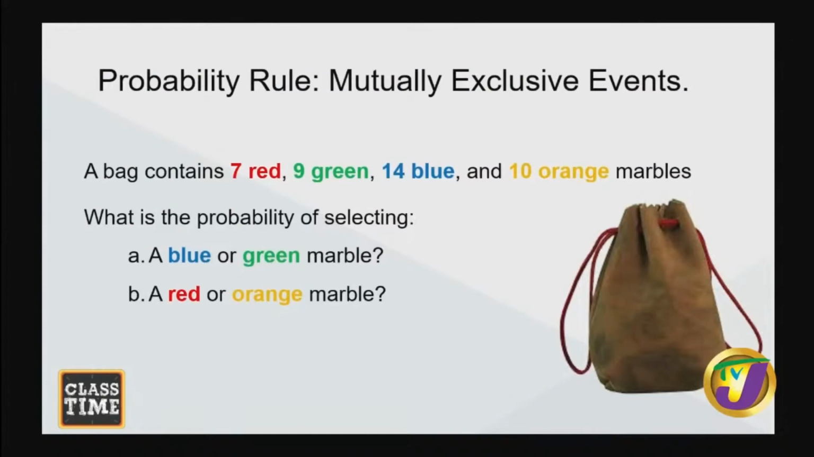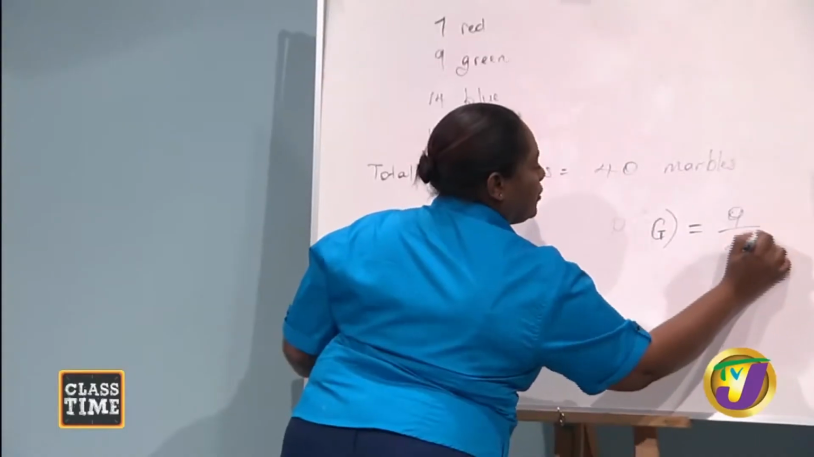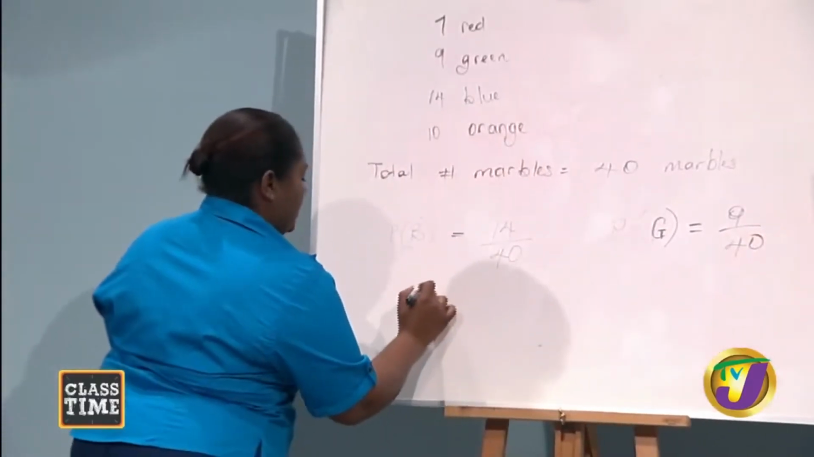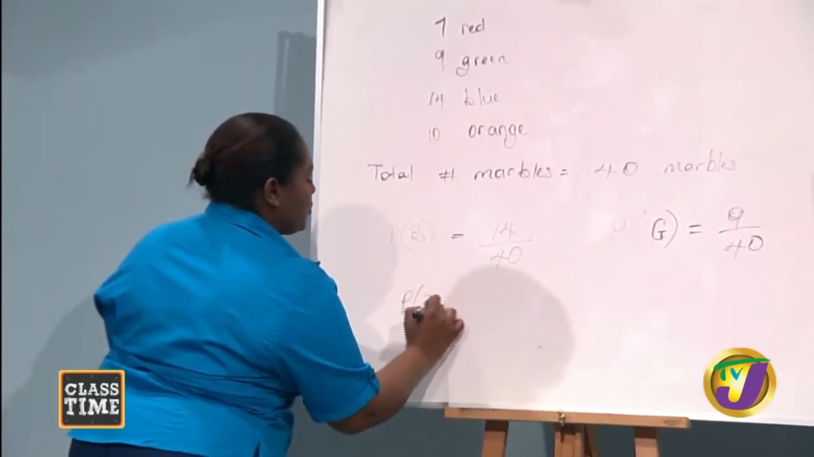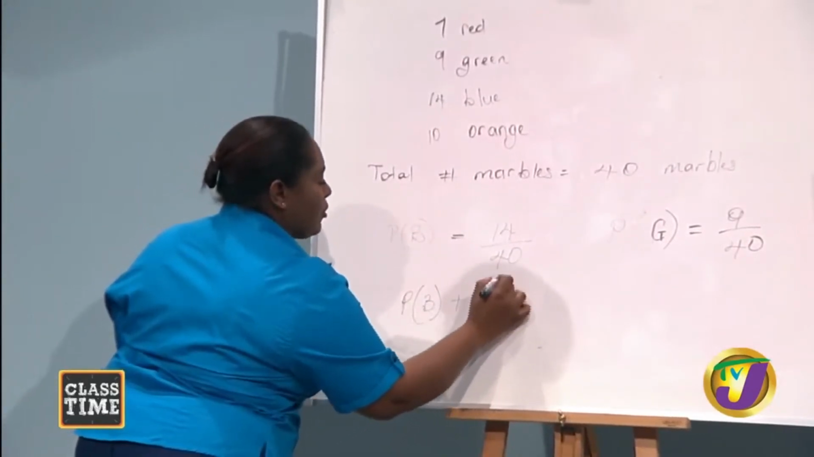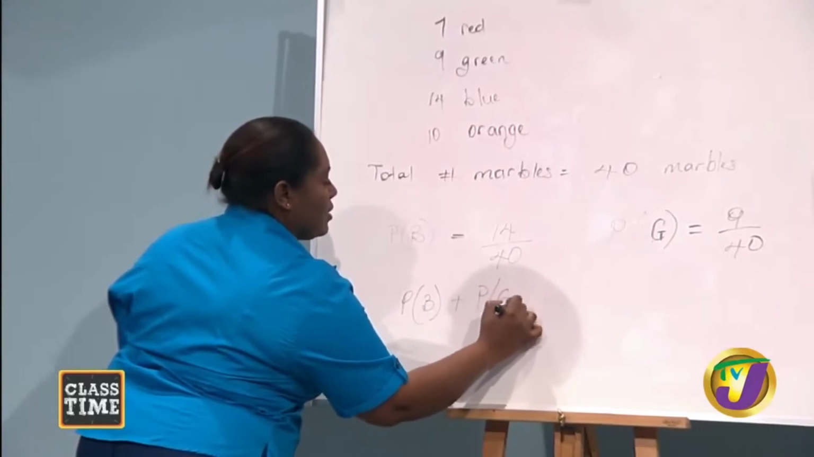So the probability, and if you notice, I'm using the P to represent probability. And we have 9 green, and the total number of marbles, of course, remains the same. It's 40. Good. Now, the probability for the two mutually exclusive events, I'm representing the formula here, would be